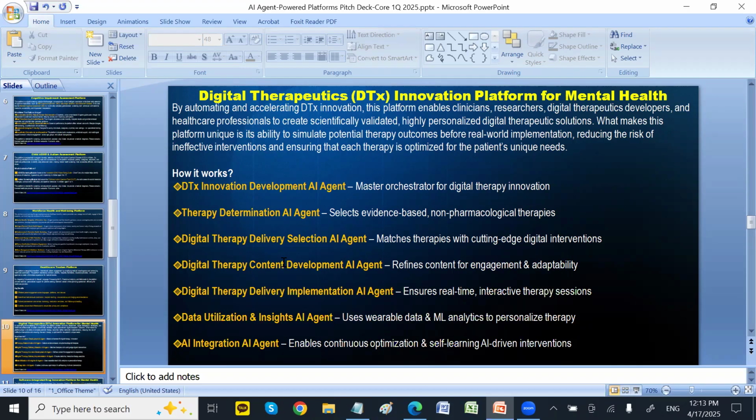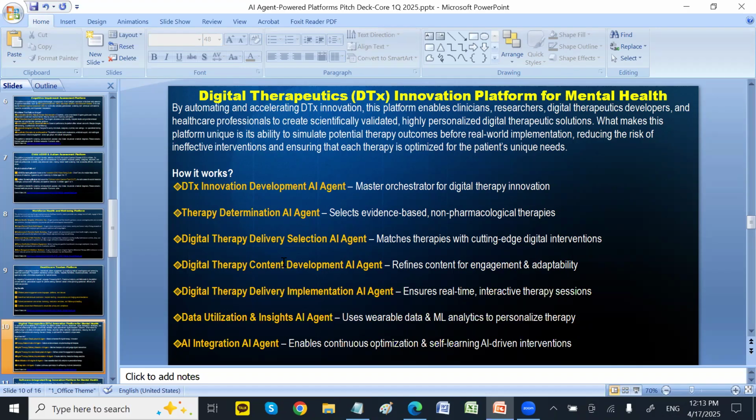For example, a good example is mental health, a CBT type, cognitive behavior therapy, which is well known. And then there is a way you can deliver it in a digital way, they call it online or whatever, right? So it tries to map out from this traditional therapy to the digital way.